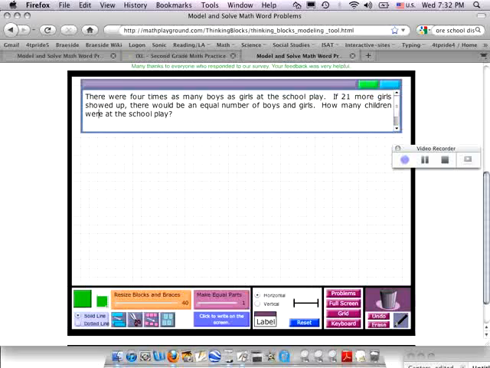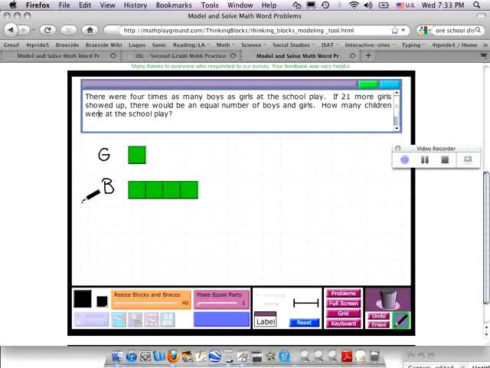There were 4 times as many boys as girls at the party. So you would say if this is girls right here, and we said that was 1 block, then the boys would be 4 times that. There would be 4 blocks because 4 times 1 block is 4 blocks. And that would be boys. Now we would say if 21 more girls showed up, there would be an equal number of boys and girls. Well, if 21 more showed up, it would be equal, which means